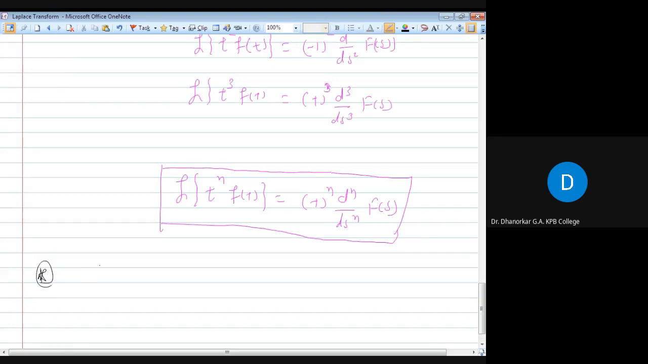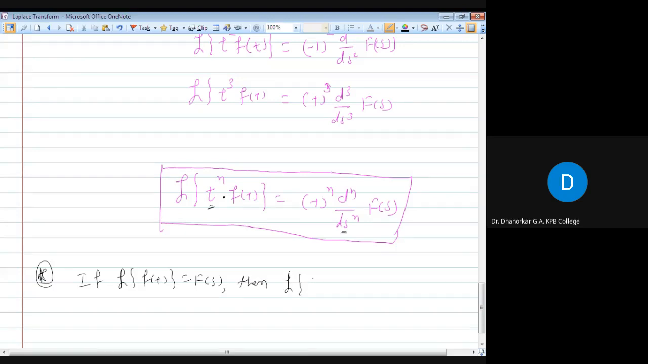Next property here. This is when we multiply by t. When we are multiplying by t, then we have to take its derivative. And what will happen if we are dividing by t? Means we'll try to find out the Laplace transform. I will write here: if the Laplace transform of this function f of t is F of s, then